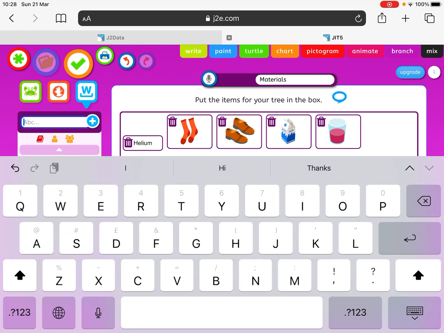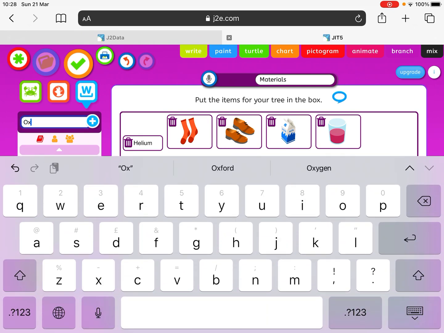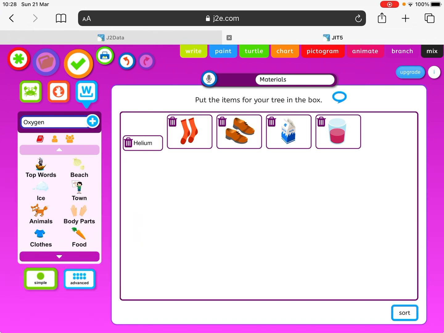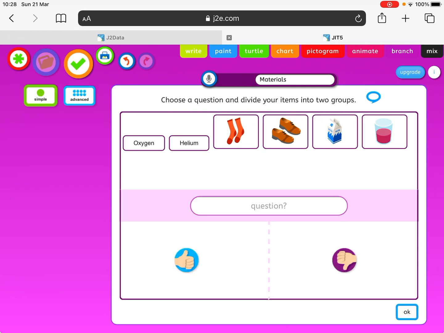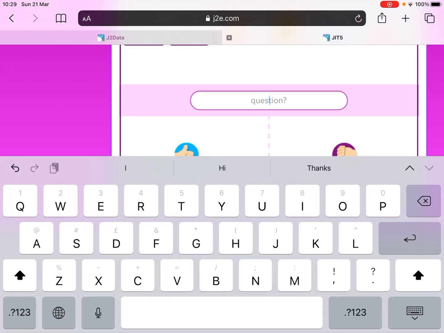And let's just choose another gas. So perhaps I'll choose oxygen that we breathe. And go to plus. So there's our objects. So you then go to bottom right and sort. So we need a question that differentiates between two of the objects, or more than two of the objects. So let's say,